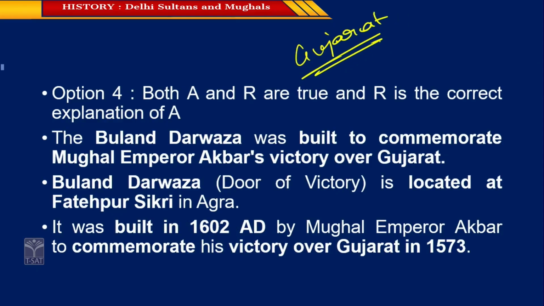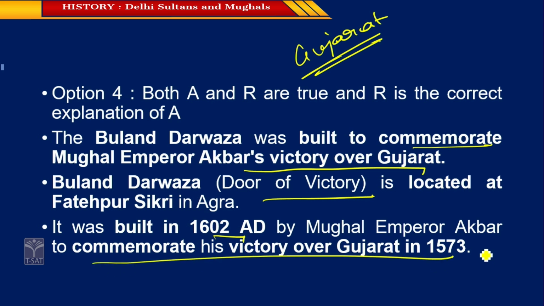After a profound campaign of 3 months, he was able to successfully conquer Gujarat. Buland Darwaza was built to commemorate Emperor Akbar's victory over Gujarat. Buland Darwaza literally means the door of victory. It was built in 1602 by Emperor Akbar to commemorate his victory over Gujarat in